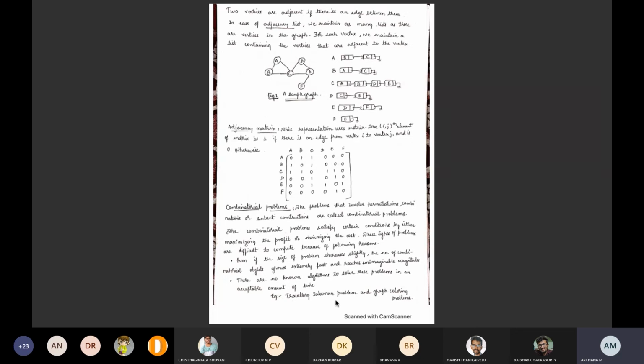Examples are the travelling salesman problem and graph coloring. What is graph coloring? For example, look here, there is a graph over here. I need to take one vertex A and the next vertex. Suppose there are many hackers. I will store some data in A, some part of the data in C, some part in D. For us, this is A, B, C, D, so it is easy to know. But whenever I am storing the data, it will be very easy for the attacker to attack.